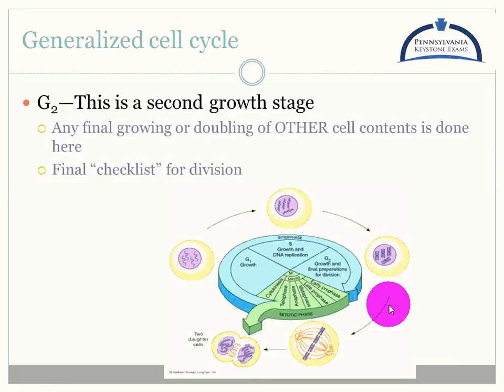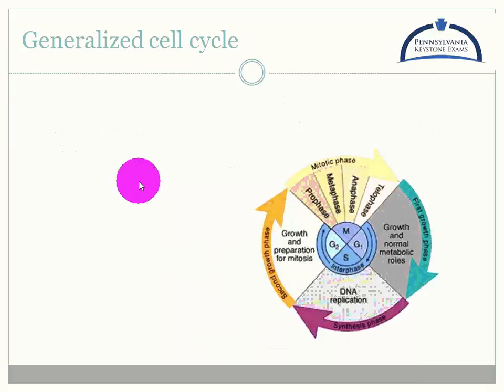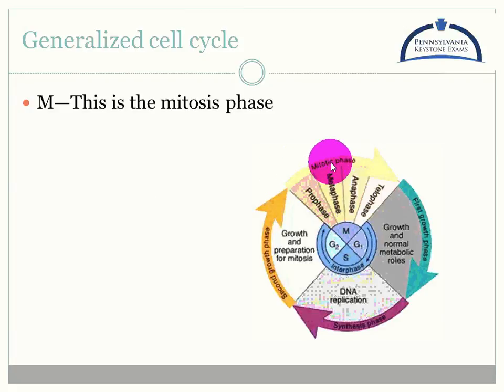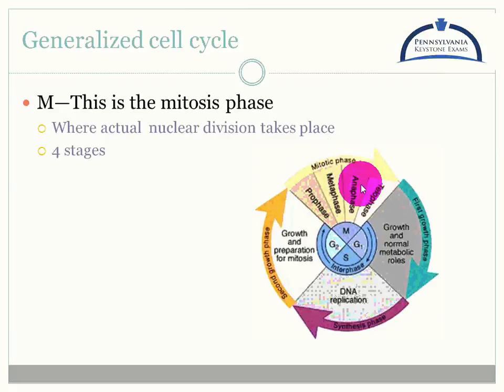After our S phase, we have G2, which I think of as growth times 2. It's the second time the cell is trying to grow. It's also like a little checklist. Do I have enough mitochondria? Do I have enough cytoplasm? Do I have everything I'm going to need in order to go ahead and divide? Once that checkpoint is met, then we flip into mitosis. And again, mitosis is all about dividing the contents of the nucleus, and we have four stages.